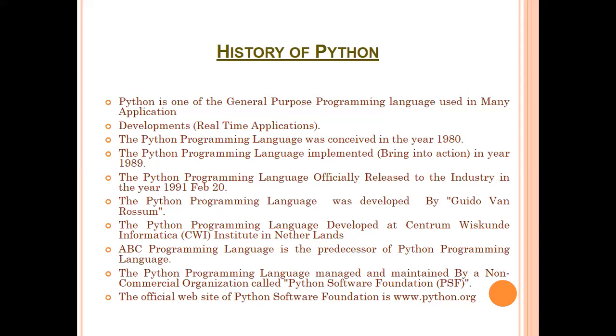Now I want to tell you that the Python programming language is maintained by a non-commercial organization called the Python Software Foundation. So who is managing and maintaining Python? It is a non-commercial organization, the Python Software Foundation, PSF. The official website of the Python Software Foundation is